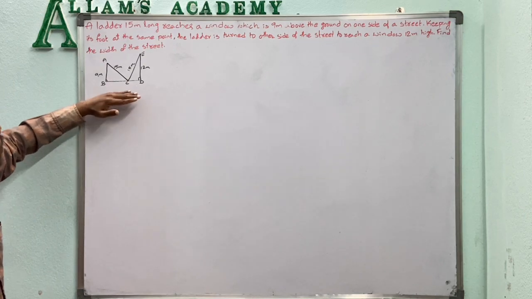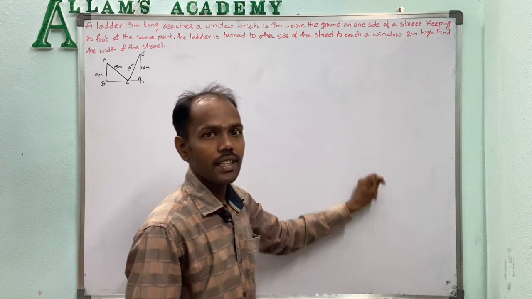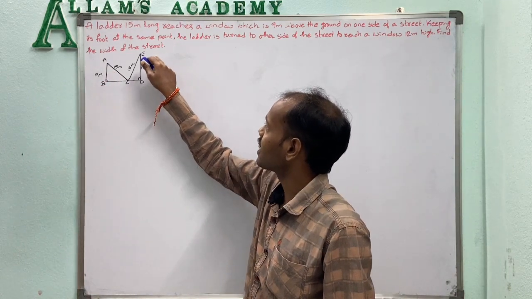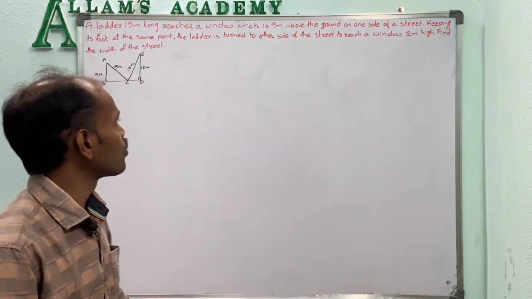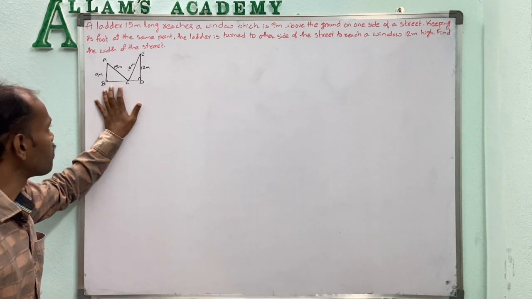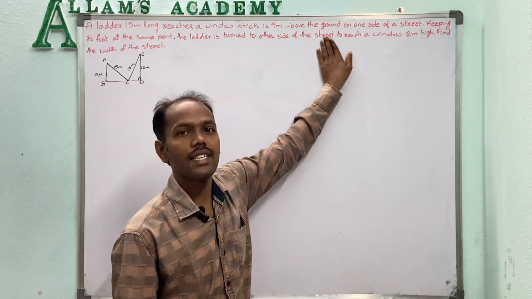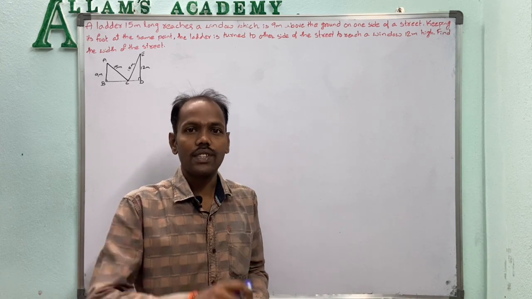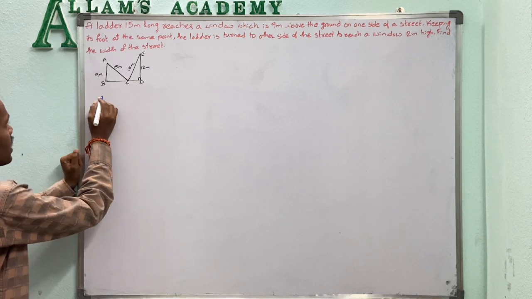If we observe, the windows are perpendicular to the base. So the formed triangles ABC and CDE are right triangles. By using Pythagoras theorem, we find the bases BC and CD. If we join the bases BC and CD, we get the width of the street. So first, writing the given information.